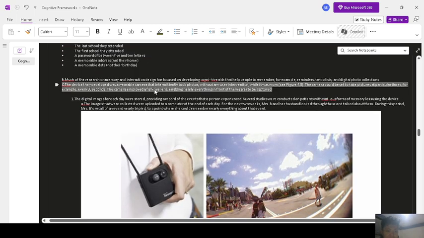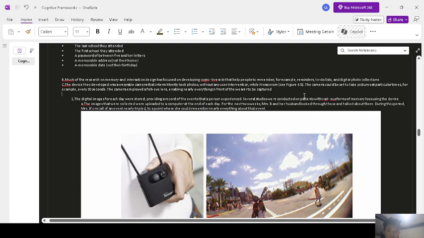Much of the research on memory and interface design has focused on developing cognitive aids that help people remember. For example, reminders, to-do lists, and digital photo collections. The device they developed was a wearable camera that intermittently took photos without any user intervention while it was worn.